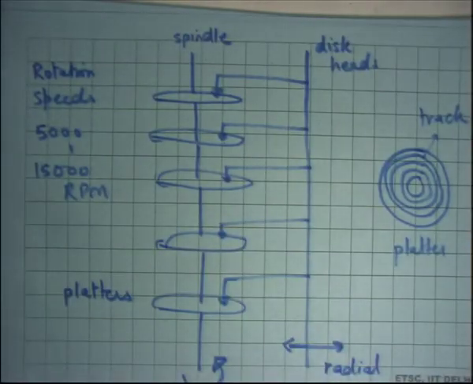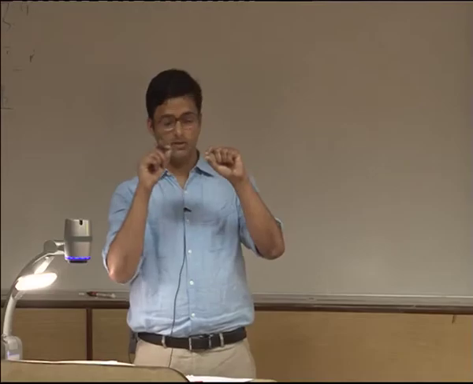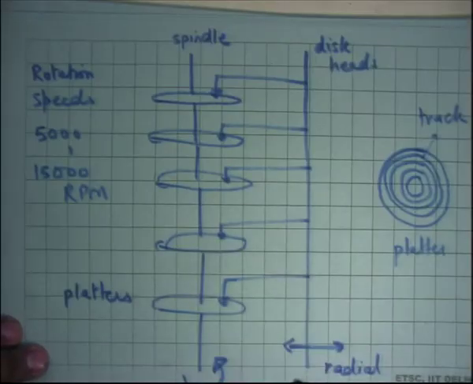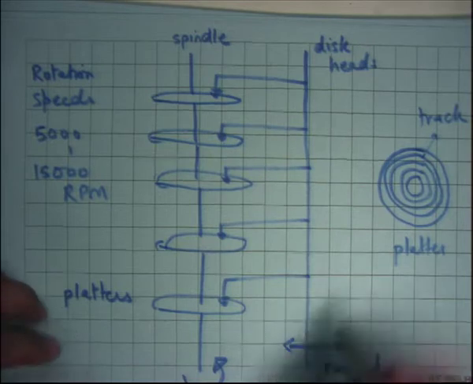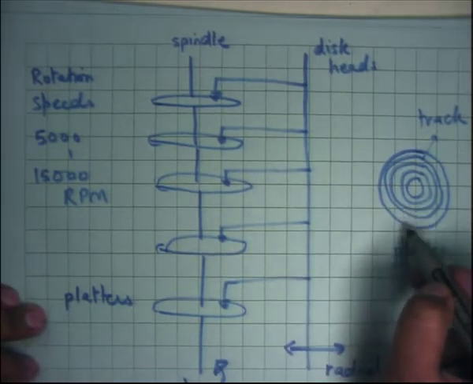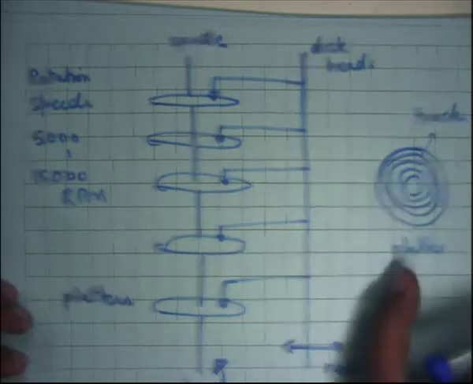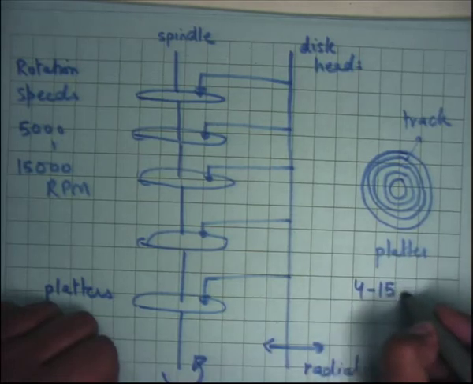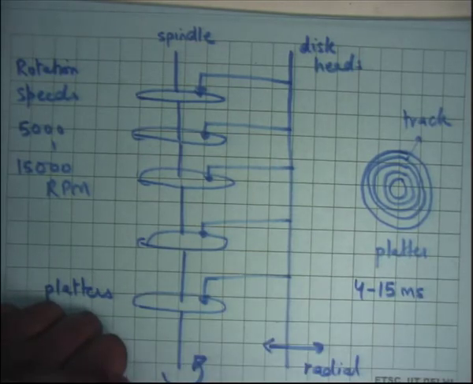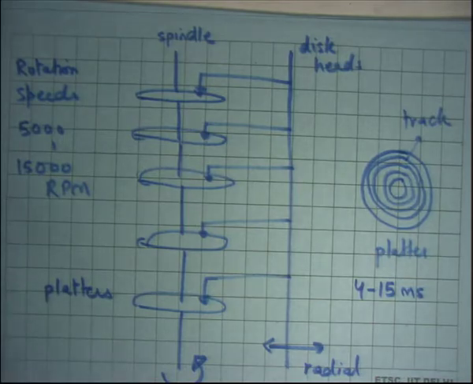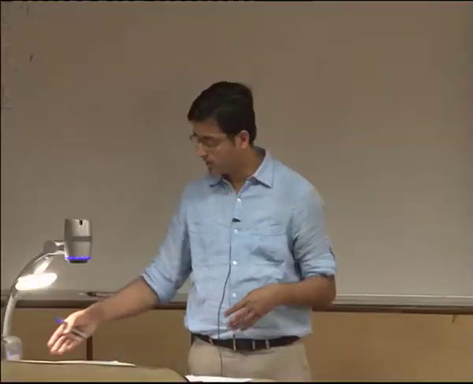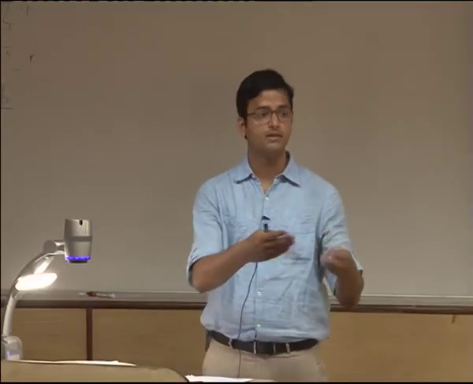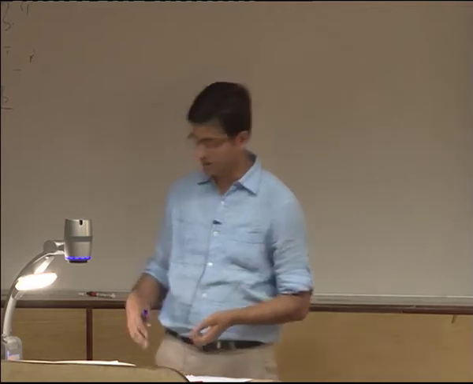Similarly, the time it roughly takes for the radial movement to reach the correct track depends on the distance from the edge to the center of this platter. Typical seek times roughly range between 4 to 15 milliseconds. That's the average seek time. Once again, it depends on the hard disk and the kind of environment it's set up in. If it's an enterprise environment, it will be faster, roughly at the level of 4 milliseconds. If it's a mobile environment, then it will be slower, 15 milliseconds and so on.